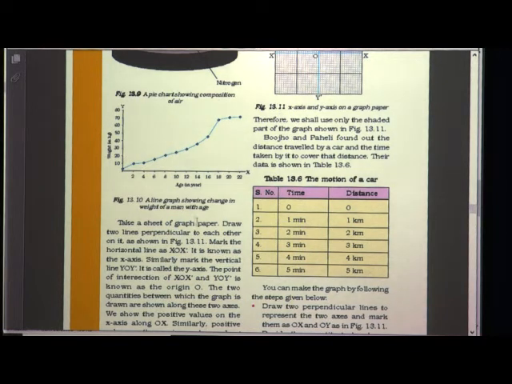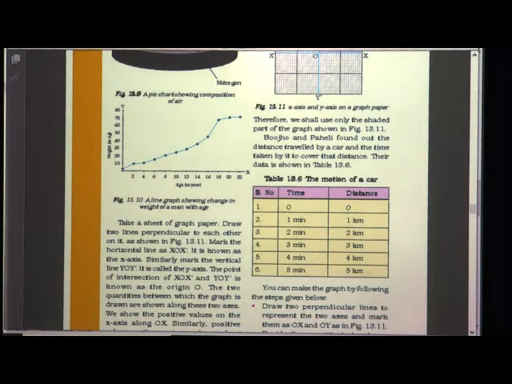And here you can see a line graph showing a change in the weight of a man with age. So, as shown in this 13.10, that line graph is not showing a constant speed of increase in weight as per their age. So, that is why we can see this line graph is not showing a straight line, it is changing. Okay.